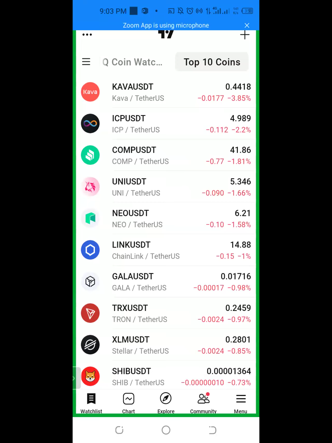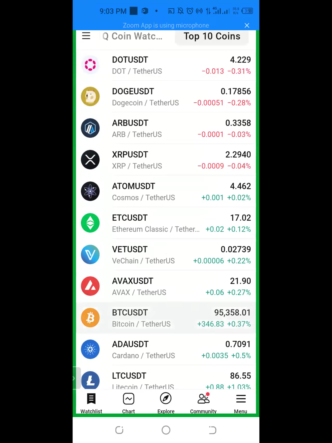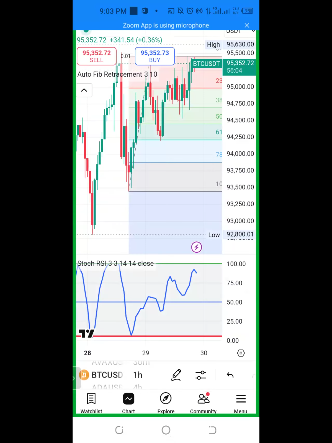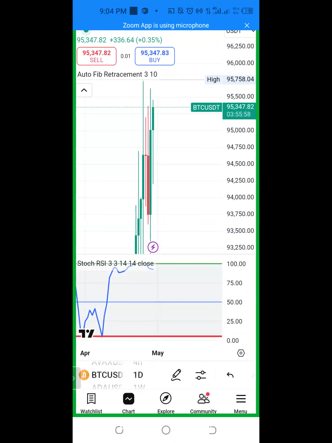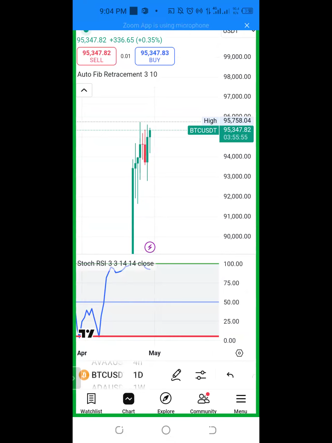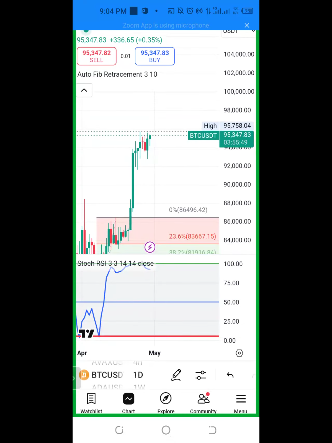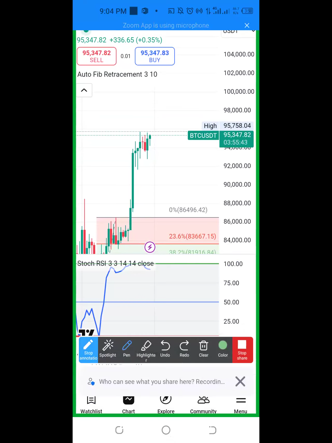The market has a tendency of pulling back, because over several days Bitcoin has been moving up, and you can see it's still moving up. Bitcoin needs to pull back. Let me go to the 1-day chart. See, for the past 10 days, Bitcoin moved all the way from around 83,000 to the all-time high of 9. That's a massive move.